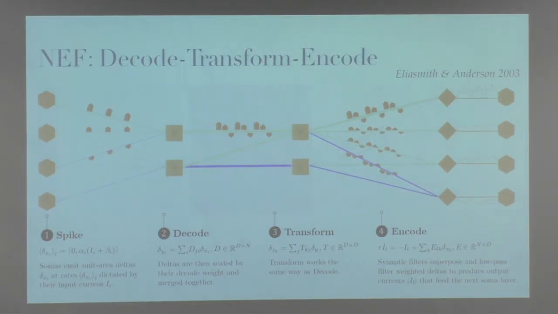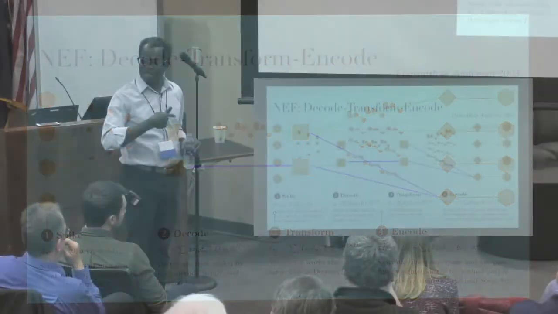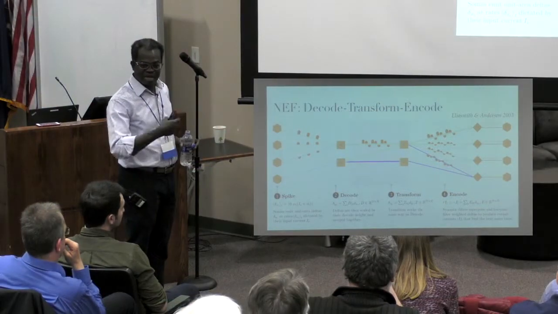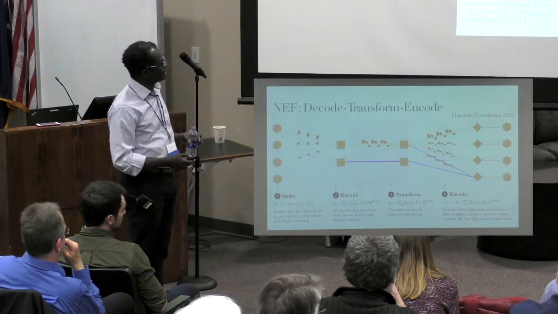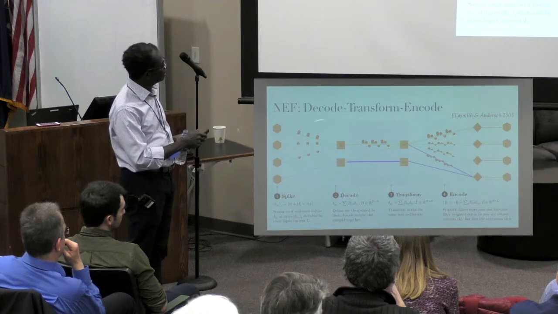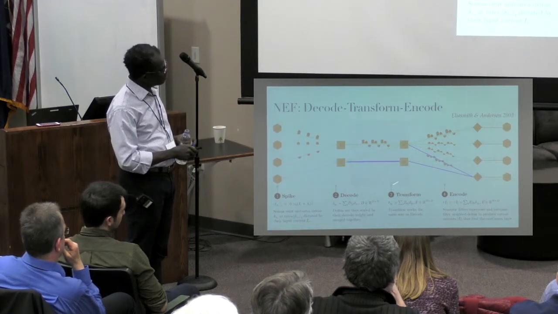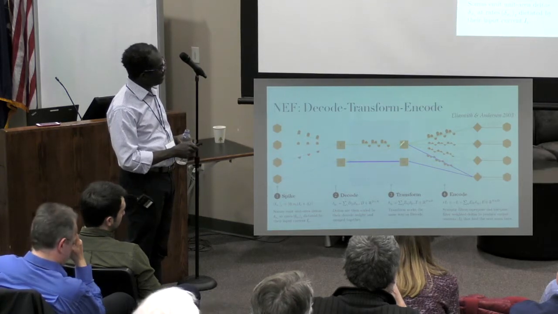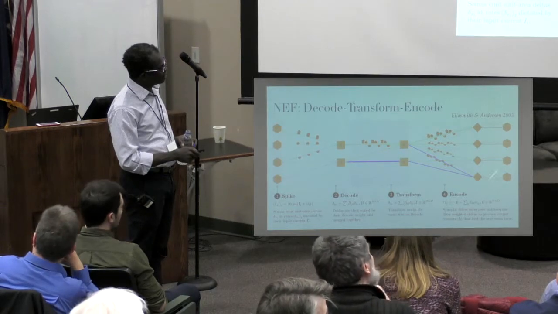Okay, and so we made some modifications to implement this in hardware, mostly driven by the fact that, because we're going to solve for these decoding weights offline, we want to apply them exactly the way that we solve for them. So we have to be precise in the way we apply the weighting. So we do this digitally, but then we do this part here, the encoders and the filtering, in analog.